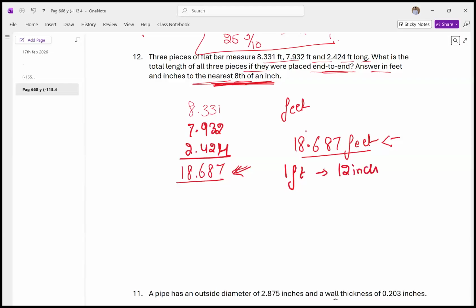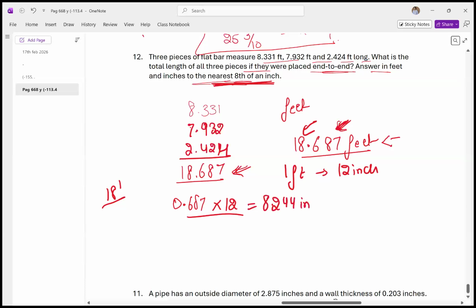So 18 feet are complete. I have to convert the remaining feet into inches first of all. So 0.687 feet into inches, multiplied by 12, because 18 feet is complete. We'll keep that at a separate place. So if I multiply these two numbers, that's going to give me